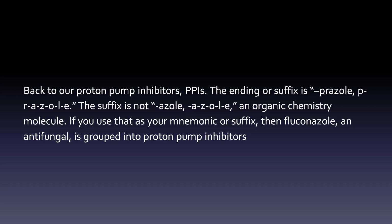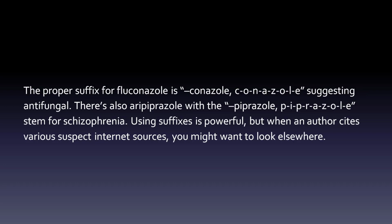The suffix is not azole, an organic chemistry molecule. If you use that as your mnemonic or suffix, then fluconazole, an antifungal, is grouped into proton pump inhibitors. The proper suffix for fluconazole is conazole,